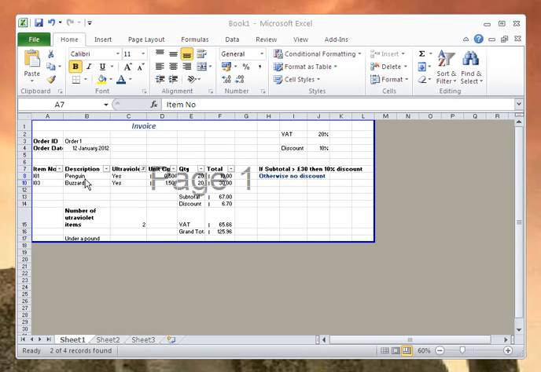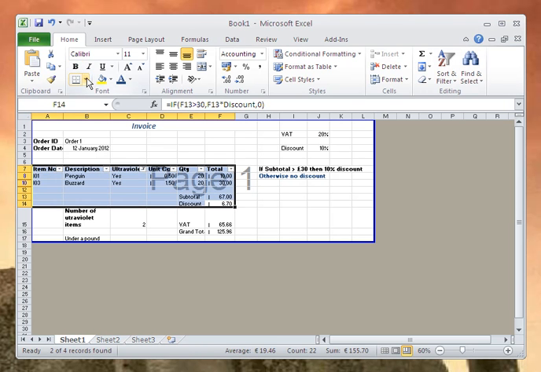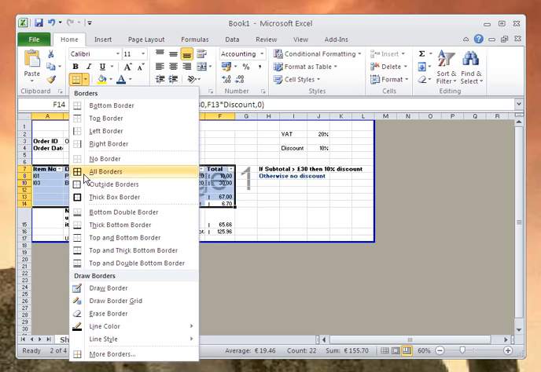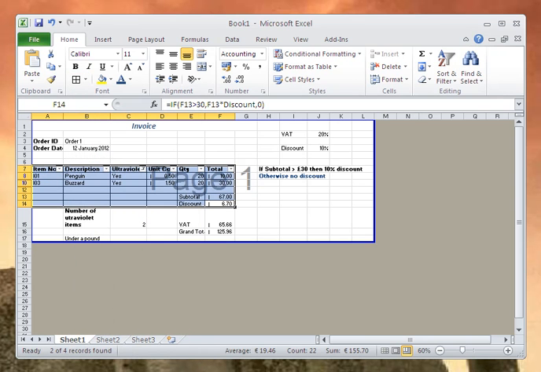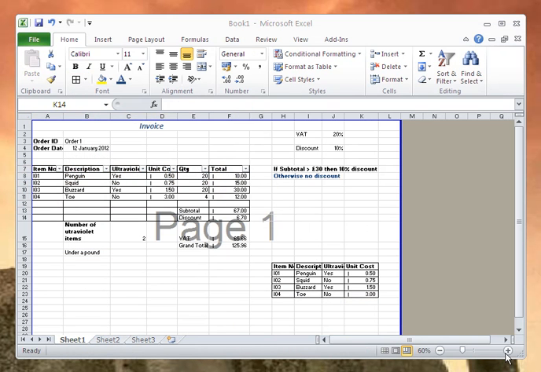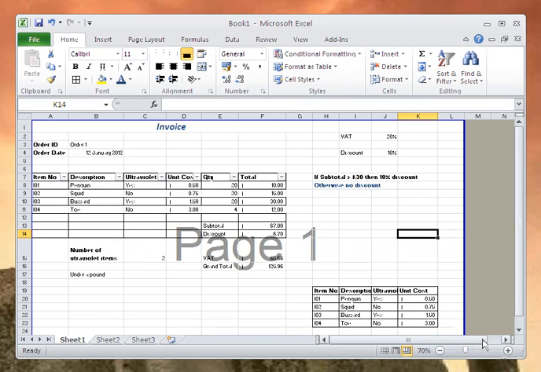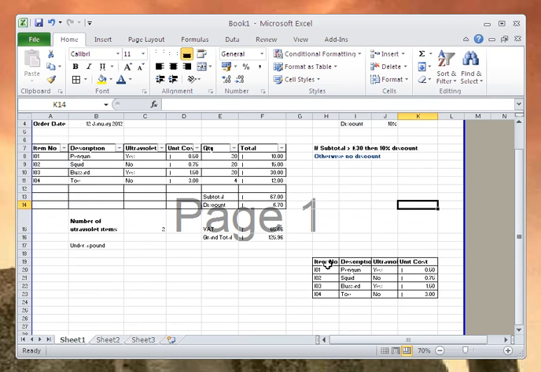If I wish to apply borders, I can highlight the cells I wish to apply borders to, and I can click on this item here. If I want to create a separate table, a lookup table for items, I could create a table over here and highlight the data, name it items,